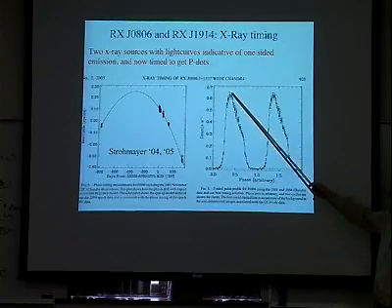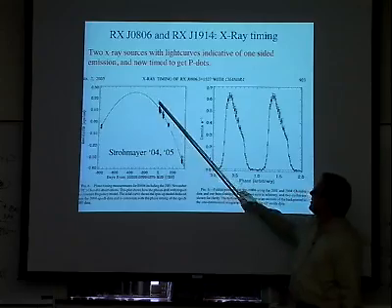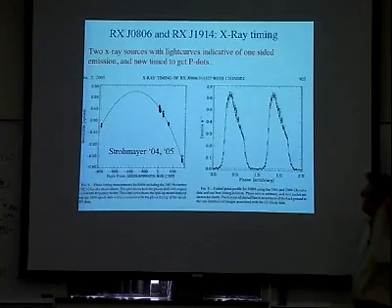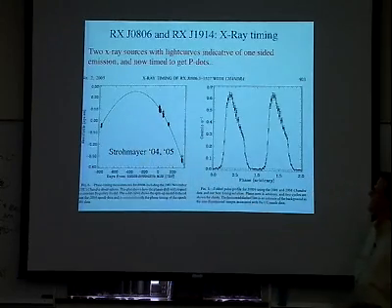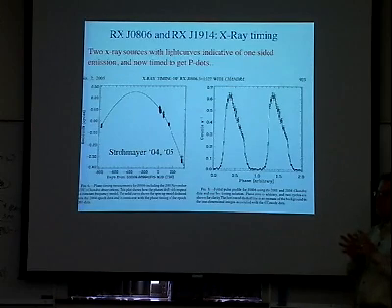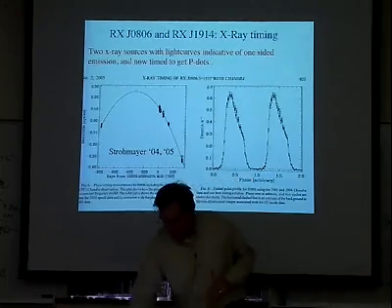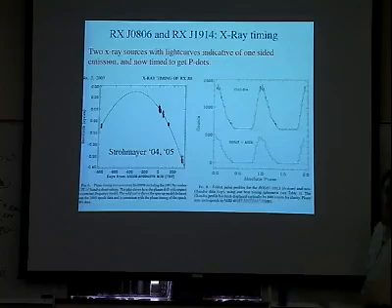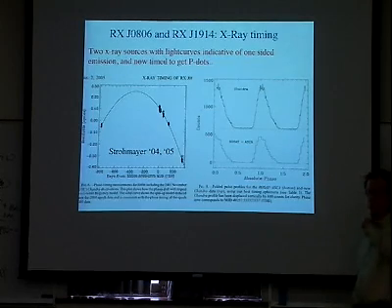Okay, this is, again, such good timing, you can actually get the change in orbital period, or the change in period of the pulse. Okay, and this is the fitting for this one object, RX J0806, which allows you to get the spin period, or the orbital period in this case is actually the period. It's moving in, so the frequency is increasing, not moving out. Okay. There's two of these systems. The other one looks just like this in the X-rays, basically the same, black, and then a pulse, and black. Okay. So we think these are direct impact systems,